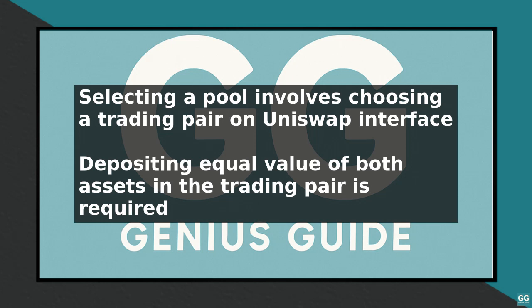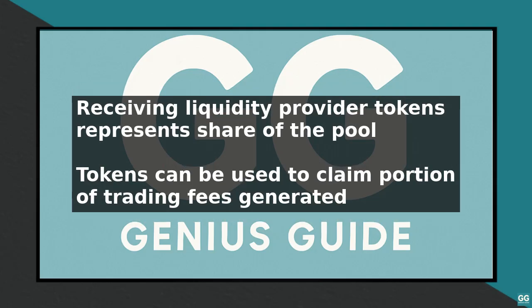of ETH and USDC. After selecting the pool and depositing the assets, you will receive liquidity provider tokens, also known as UniLP tokens, which represent your share of the pool. These tokens can be used to claim your portion of the trading fees generated by the pool. The fees are typically a percentage of the trading volume and are distributed to liquidity providers in proportion to their